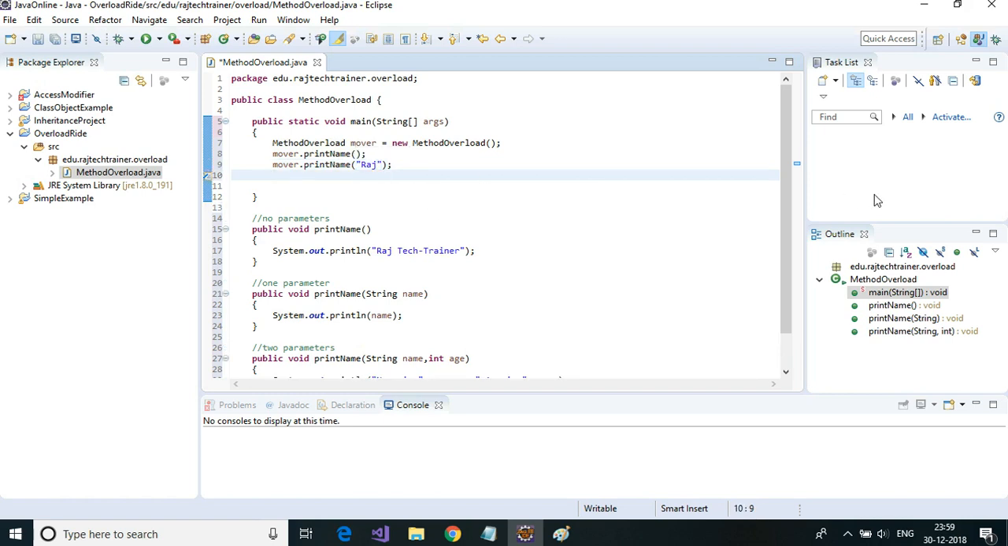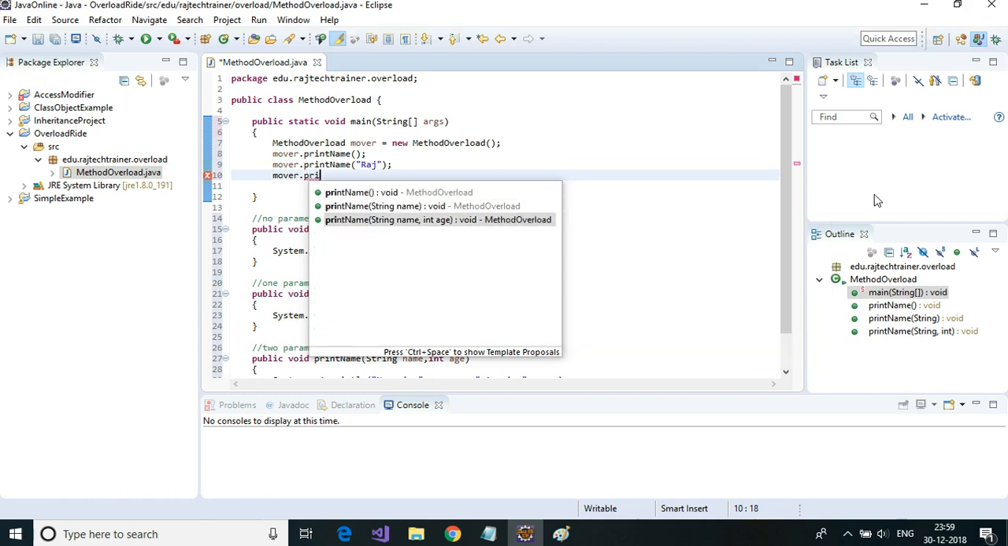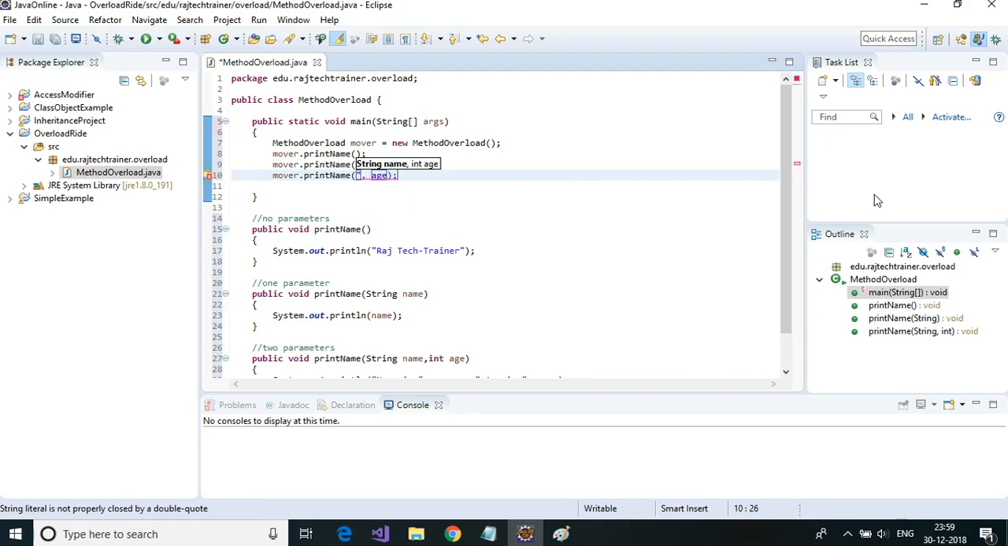In here and dot print name. So here I'm passing the name first and, okay, since it is int, so let's pass in the integer here. Okay,